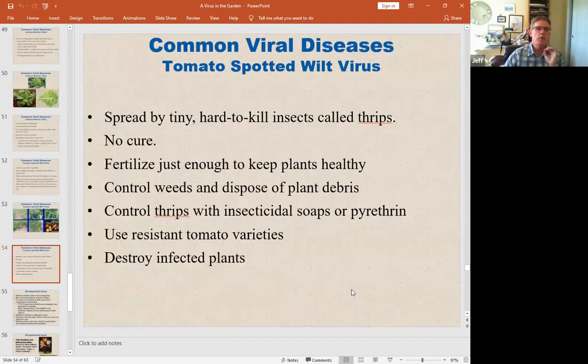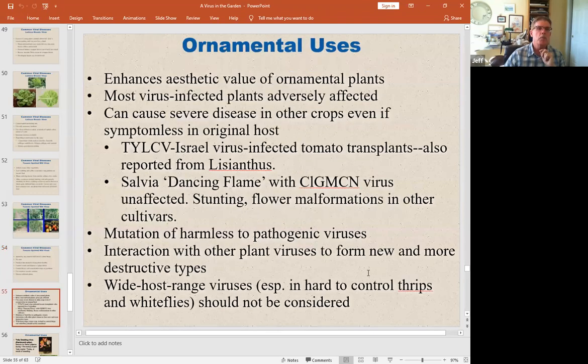Spread by thrips. So you remember those insects with fringed wings. You need magnification to see that. No cure. Minimize fertilizer, dispose of weeds. You possibly can control thrips with insecticidal soaps or pyrethrin, but they are very difficult to control. Use resistant tomato varieties and destroy infected plants. So now,